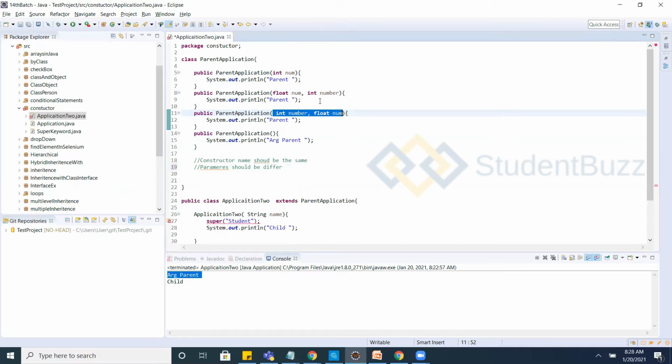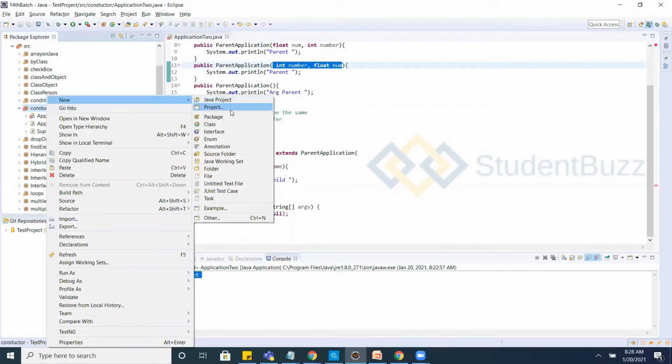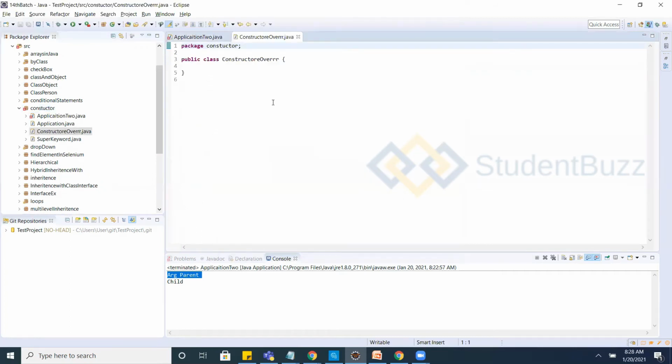So we'll see constructor overriding. What is the concept of overriding? For overriding, you should have a minimum of two classes. Two classes should be there to override your methods.